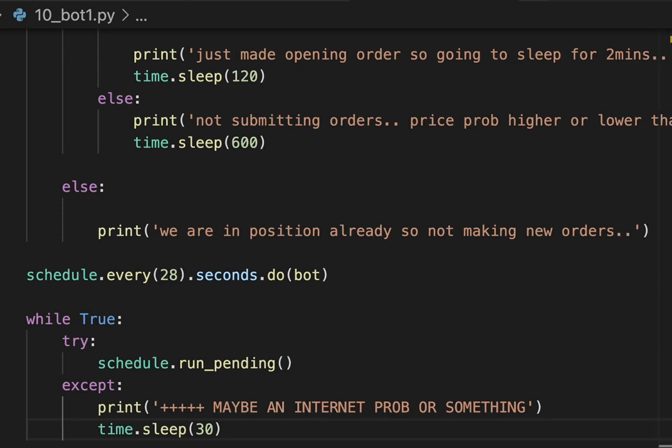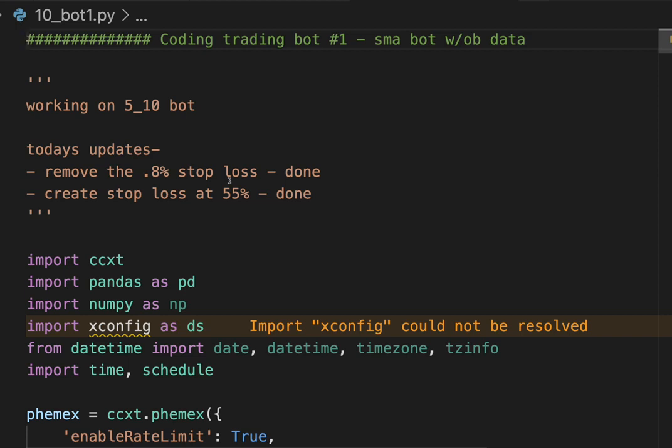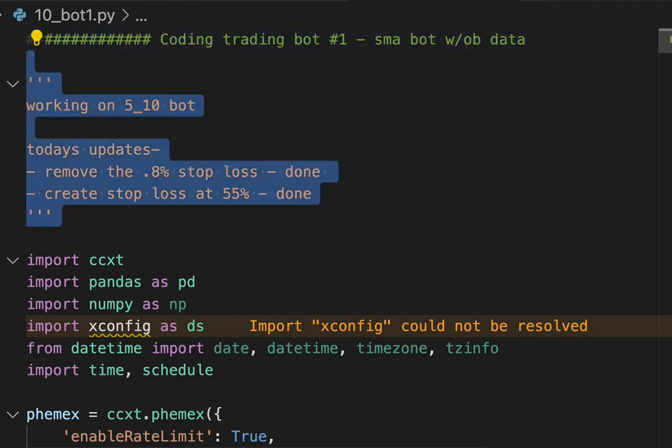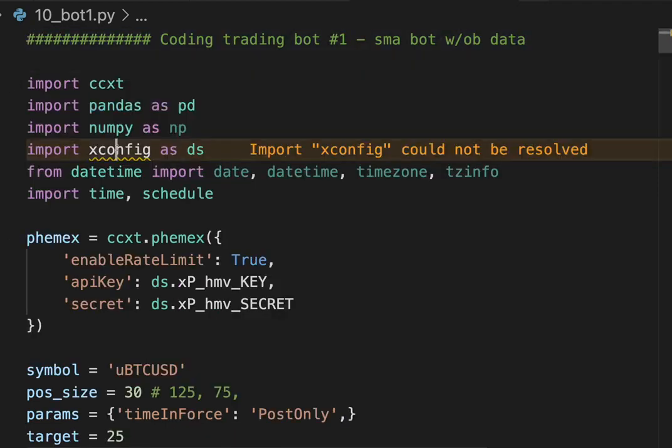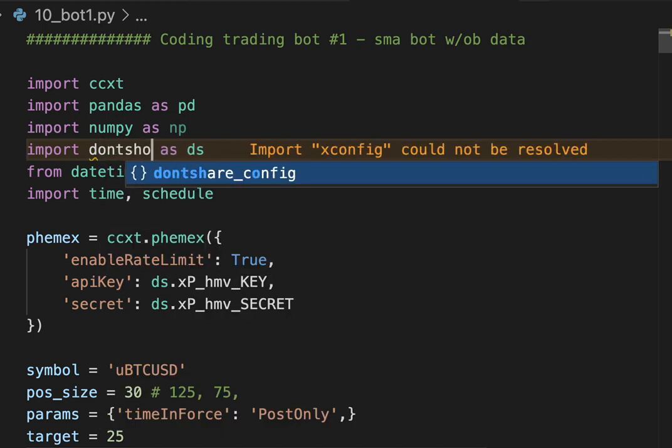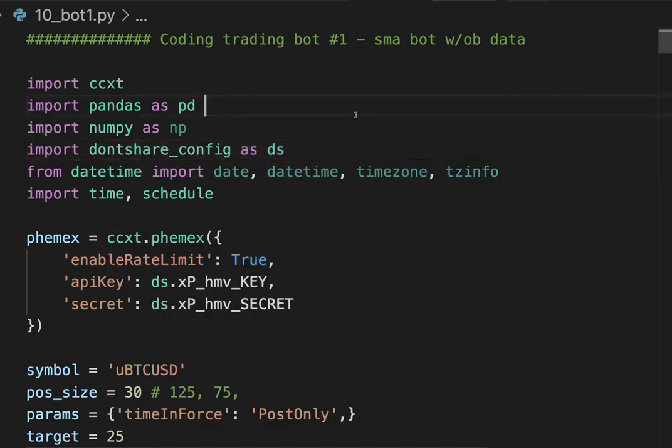Hey, so welcome back. In this video, we're going to go over a bot so you can see how everything works. I can probably delete this information, and I need to go ahead and import my configuration file. But before we get into this bot, as I've mentioned multiple times through this course,